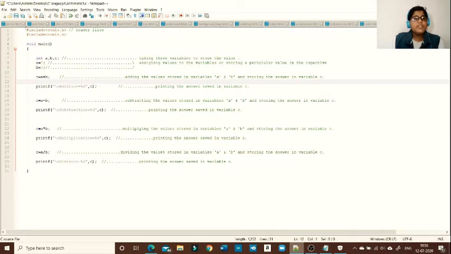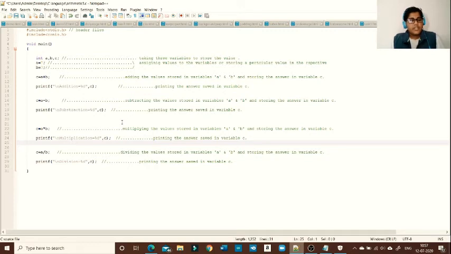So first, as we have seen, header files, void main, initializing variables, storing values, addition, then printing its value, subtraction, printing its value, multiplication. So here on the keyboard there is no multiplication symbol, so that's why instead of the multiplication symbol there is the star symbol assigned for multiplication, and for division it is forward slash. So here our code is completed.